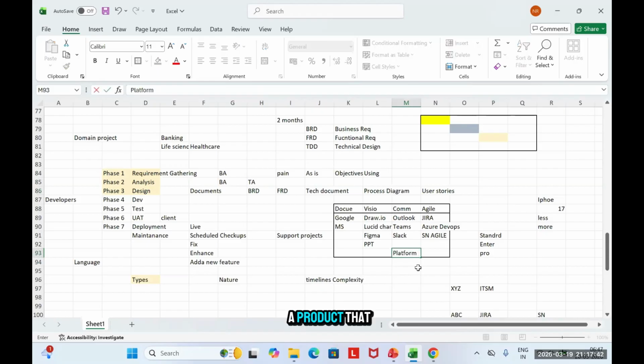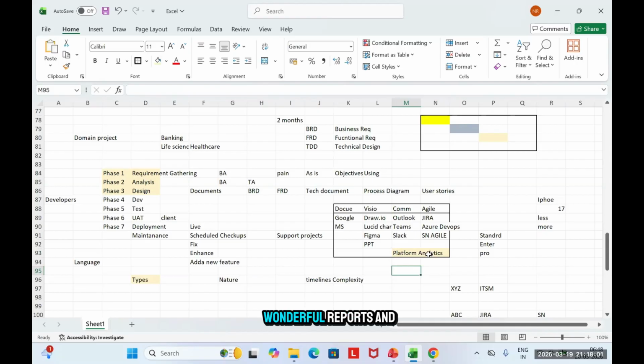product that is known as Platform Analytics. There you can create reports, you can create dashboards, you can schedule them, and how to do it, that I can guarantee you by end of the training you will be able to create reports. And not just reports, wonderful reports. And there will not be any coding at any point. Now there is an advanced version to it. Advanced will be taken care of by your developers. But at least at citizen level, layman level, you will be able to create reports.